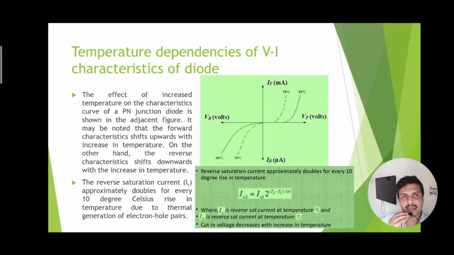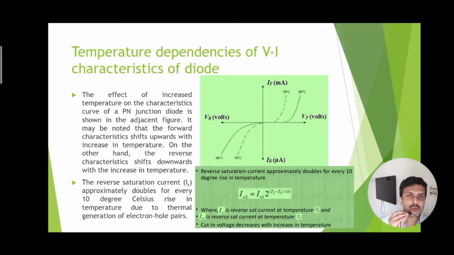The only reason is that due to the rise in temperature, the kinetic energy of the electron is rising and it is colliding with the electrons residing in the valence band, and therefore the creation of hole and free electron pairs has been increased. So more and more rise in temperature will create more electron and hole pairs. That is why at a small amount of applied voltage we will get a sufficient amount of current. A similar thing is happening for the reverse bias also.